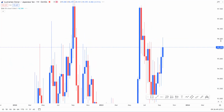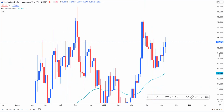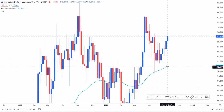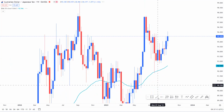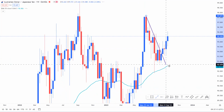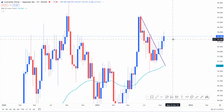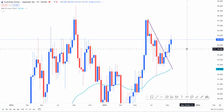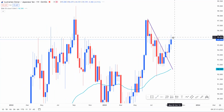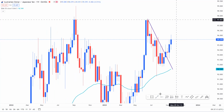So from the weekly time frame on AUD JPY, you would notice very clearly we are in a bullish market structure. So we have the weekly time frame to the upside, and then we've had a nice breakout of this counter trend line. I don't use trend lines too often, but just to be able to point out very clearly what my overall views for AUD JPY would look like. We had a nice breakout of this counter trend line,